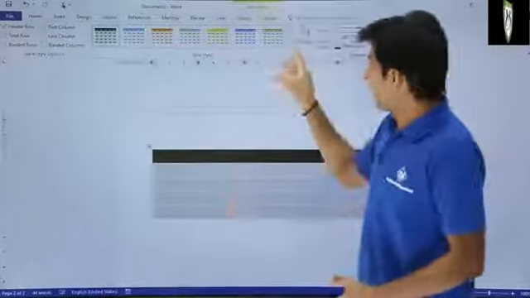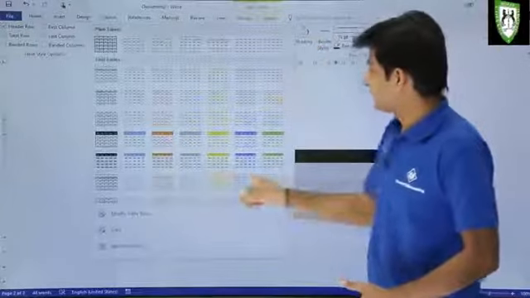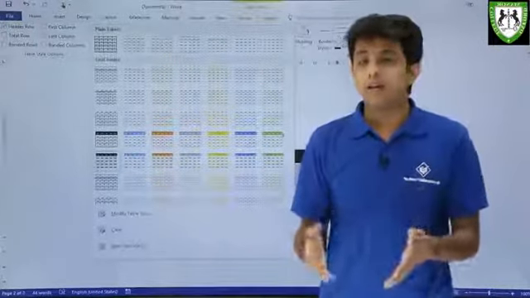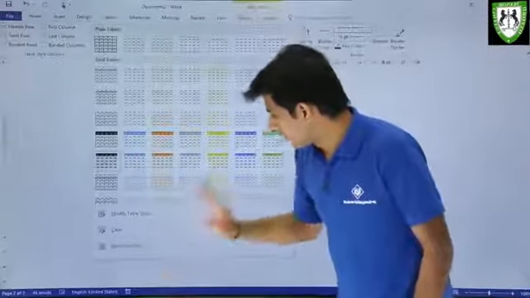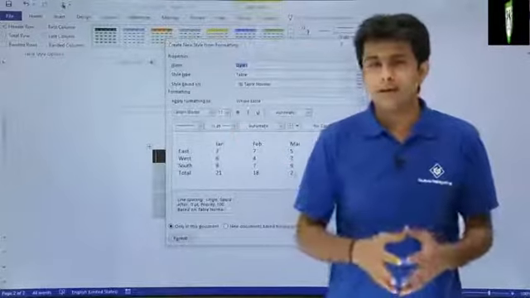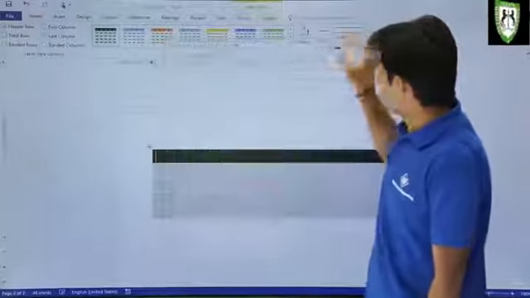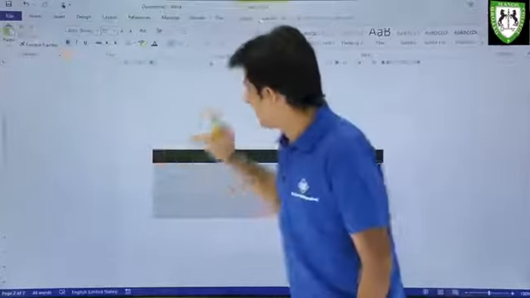So this way, if you want, you can add the table styles like this. There are so many table styles available, and if you want to create your own table style, you can just click on this new table style, right? If you click on this new table style, you can do loads of formatting related to the table styles, and then you can click on OK itself. Right now I'll not go into that, and I'll just come back to the place.